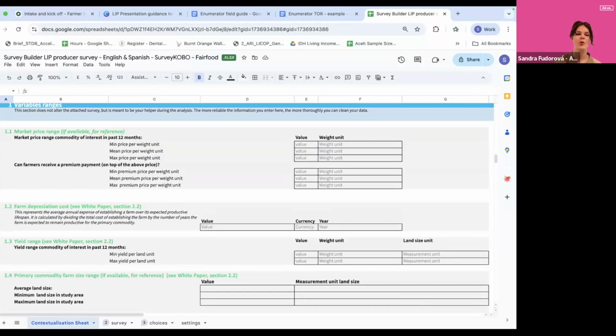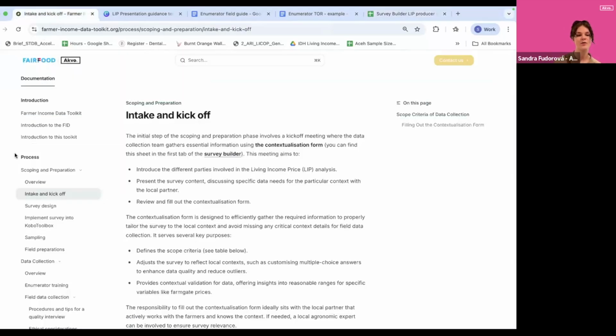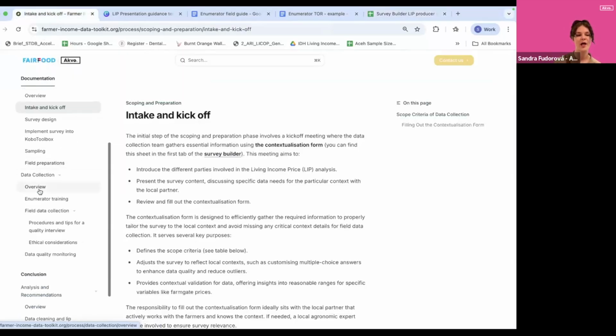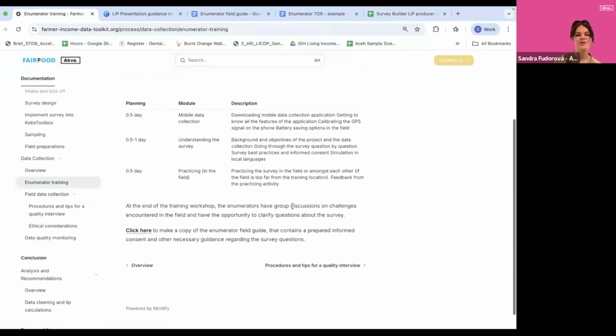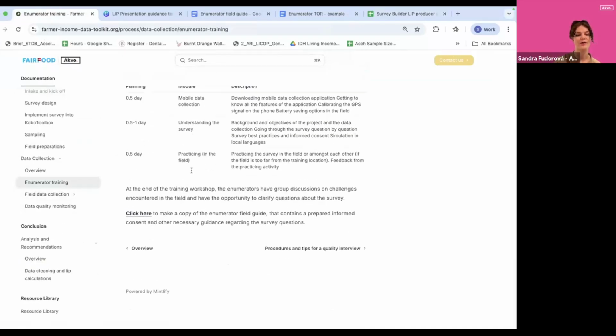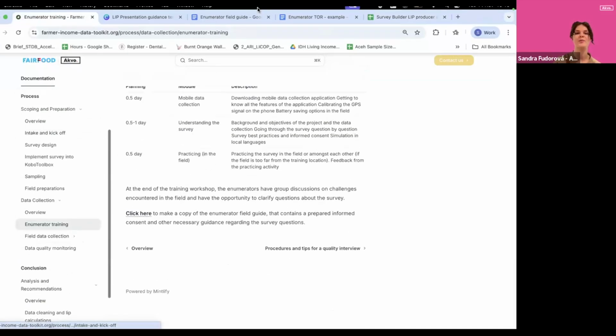Second thing that is really important to take care of during this scoping and preparation process is understandably your field preparations and selecting the correct enumerators and making sure that everyone is ready for data collection, including the enumerator training. So the toolkit offers you quite a large support when it comes to enumerator training and also field data collection that we will get to a little bit later.